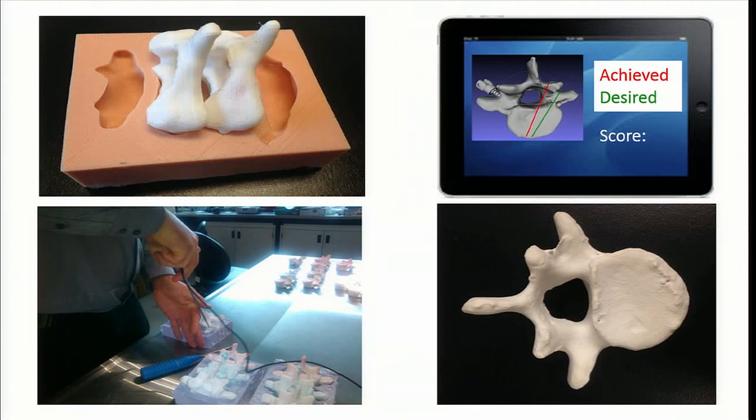We want to combine that with software feedback. So we're creating an entire teaching system that will guide them through the steps of the surgery. They'll say, well, what if this goes wrong? Then what are you going to do? What are the consequences of doing it like this? So that we're training the physical skills, we're training the mental skills, and then the third component is to have